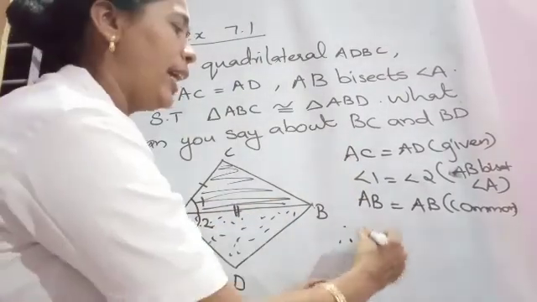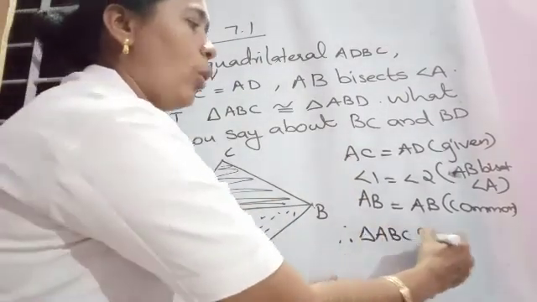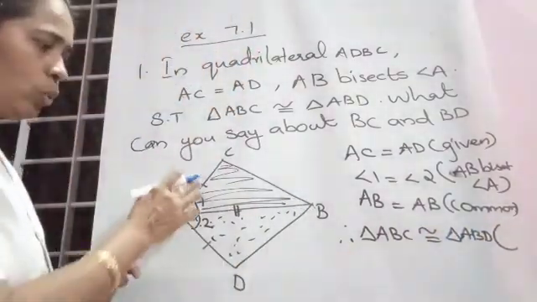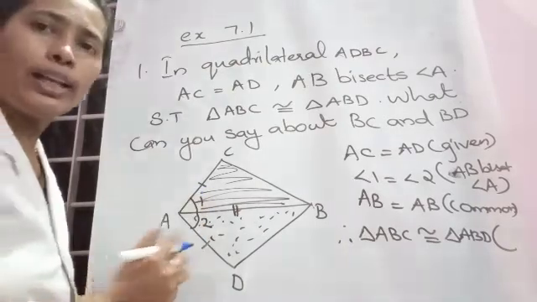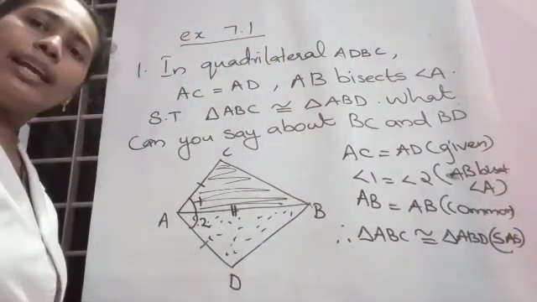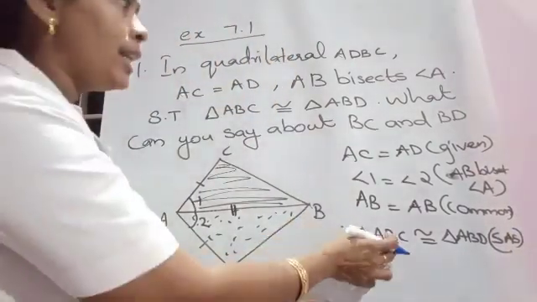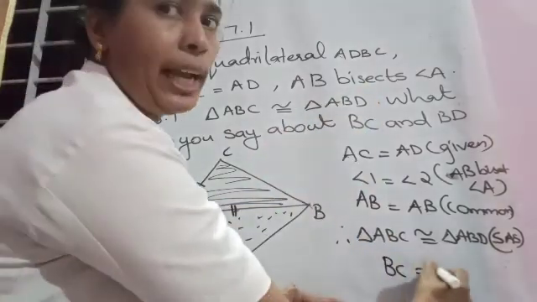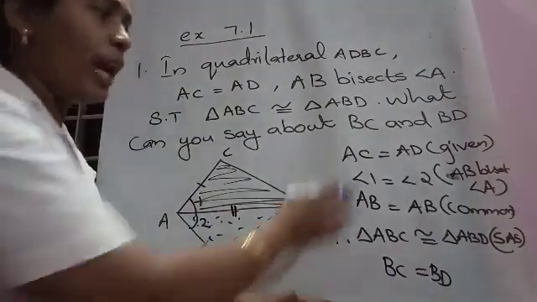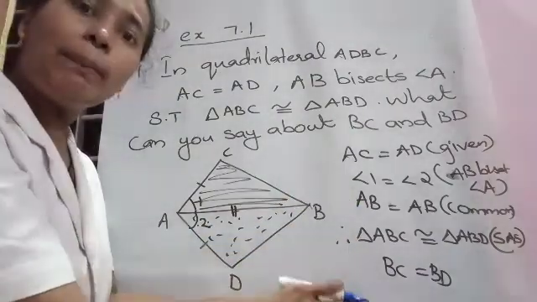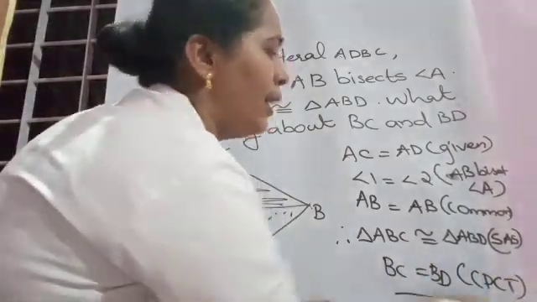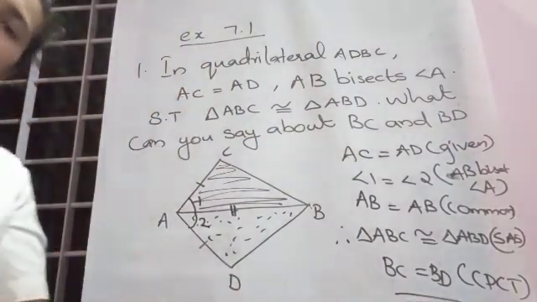What can we say? First one, ABC congruent to ABD. What is the reason for you? Two sides one angle, so the rule is SAS. Then after this they ask you what can you say about BC and BD. Teacher already told you after proving the congruency, remaining parts are also equal, by what reason? CPCT. When two triangles are congruent, corresponding